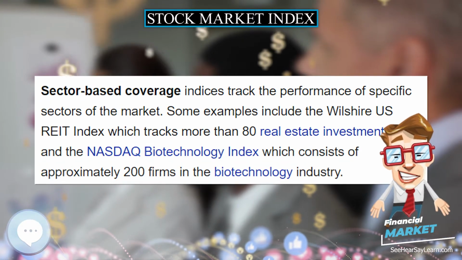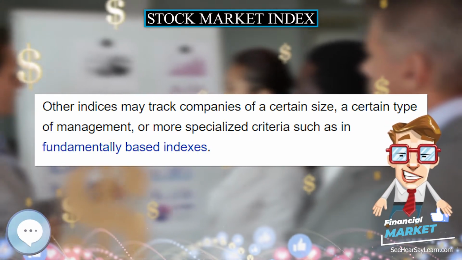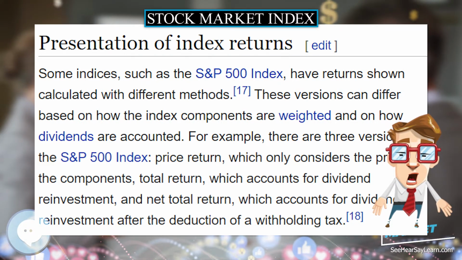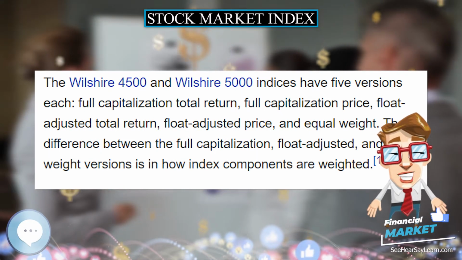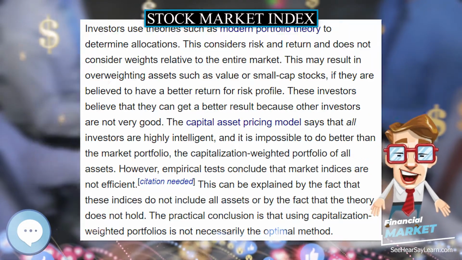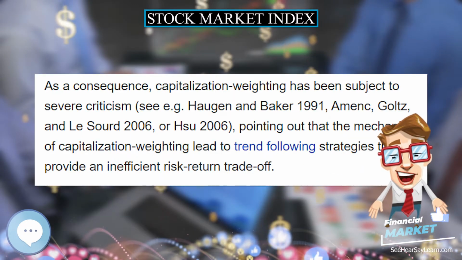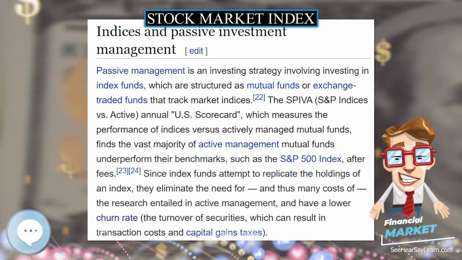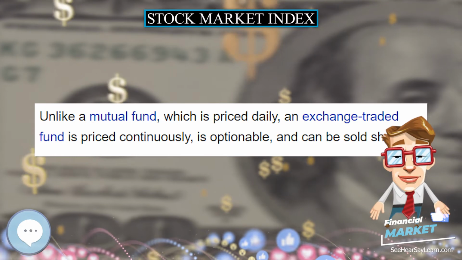Market capitalization weighting-based indices weight constituent stocks by their market capitalization, often shortened to market cap, or their stock price times the number of shares outstanding, divided by the total market capitalization of all the constituents in the index. Under the capital asset pricing model, the market cap weighted market portfolio, which could be approximated with the market cap weighted equity index portfolio, is mean variance efficient, meaning that it produces the highest return for a given level of risk. Tracking portfolios of the market cap weighted equity index could also be mean variance efficient under the right assumptions, and they could be attractive investment portfolios.